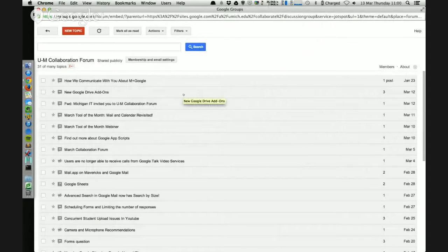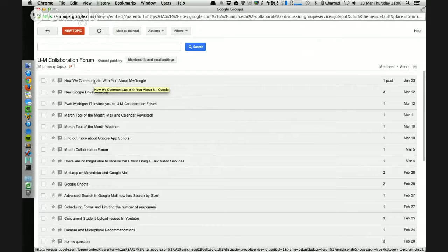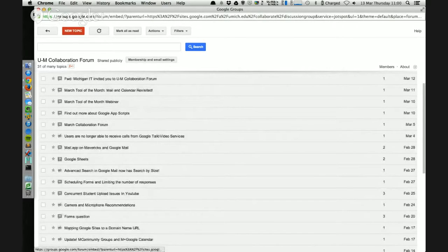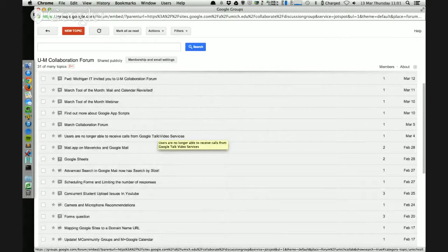When you subscribe, you can come to the forum itself and participate through the Google Group interface. You can also get emails sent to you, and you can participate via email, much like a listserv. The emails will come to the group and post in the appropriate topic. You really don't ever have to come here if you don't want to. But we do try to be active here. We post announcements for new features, Collab forum meetings, general questions. We try to highlight cool things people are doing on campus. So if you have a question or something you want to brag about to campus, please come here, and this is a good place to do it.